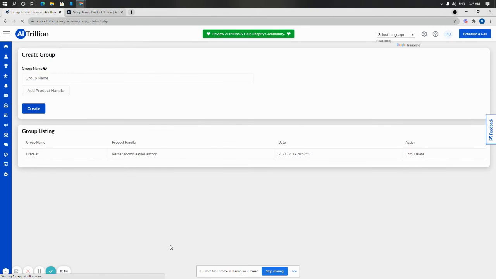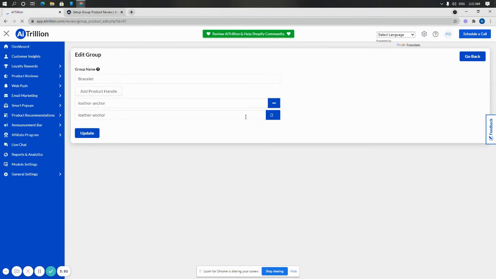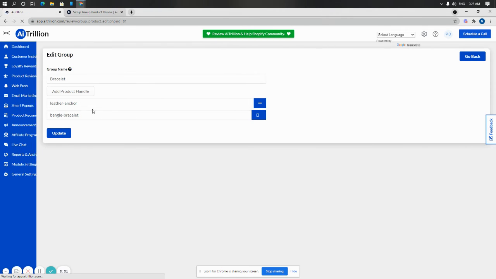Let's say one more. I'm going to edit this, and I'm going to remove the one that came in as duplicate. I'm going to add one more. Let's say bangle bracelet. I'm going to click on update. So what's going to happen now is that the reviews for leather anchor and bangle bracelet will be grouped under